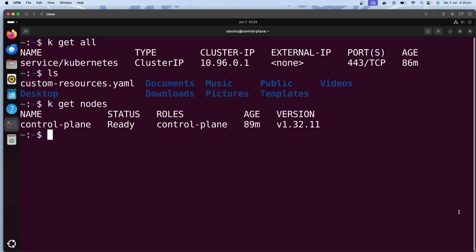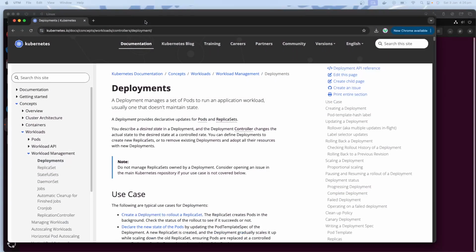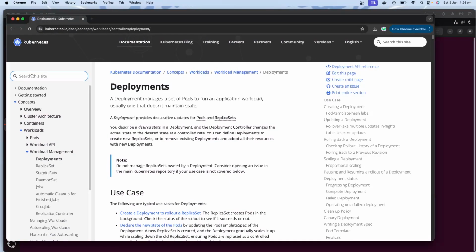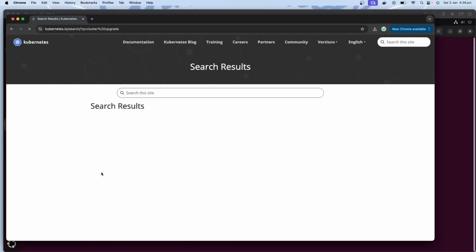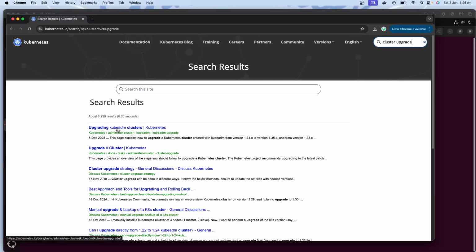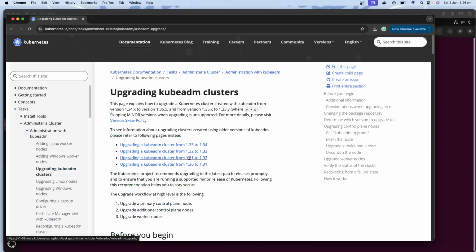So now let's see how we will. Let's just say the task is to upgrade the cluster from 1.32 to 1.33. How do we go about it? So that is our question. Let's try to get started. So I'm going to look for cluster upgrade, and go from 1.32 to 1.33,